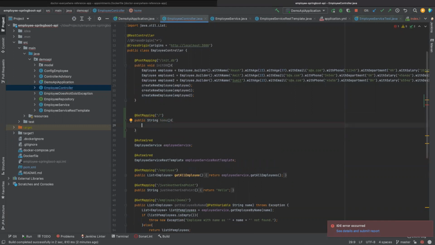Okay, and I will return some message also: use employee endpoint to perform operations on this API. I can do more, but I think let's stick with only this much. Okay, now if I do this and let's say rerun it,